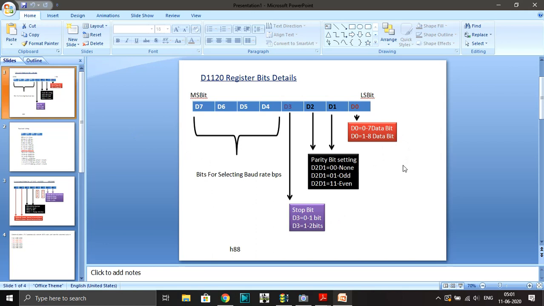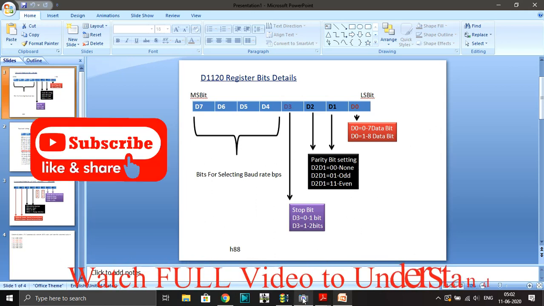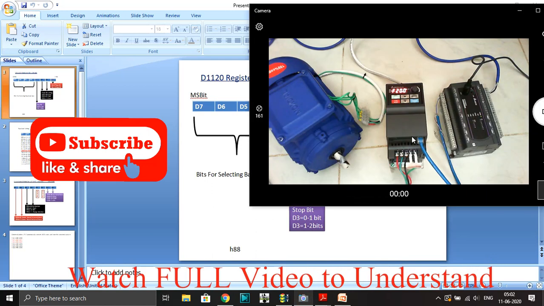If two people are talking in English they will have a good communication, but if one person is not able to understand or speak English, that means there is no communication. So for that purpose, both devices have the same setting. I am selecting this here because I already did the setting in my VFD.